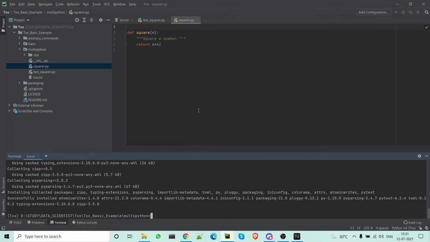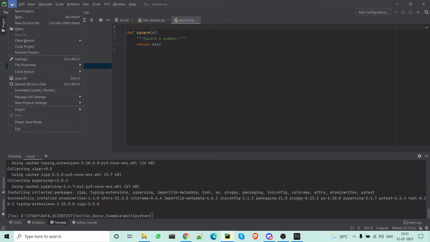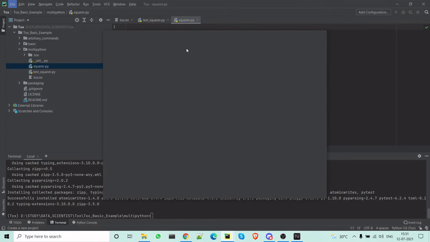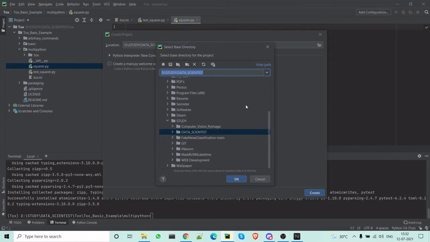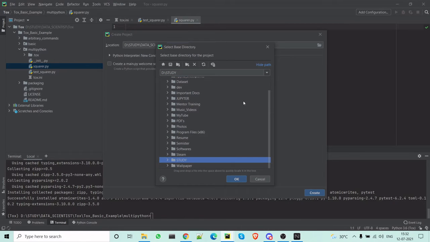So once you install PyCharm on your machine, you will get some kind of window, right? I will show you. So basically you will get this kind of window. Once you have your PyCharm installed, you go to new project. On new project it will ask you to create a folder, right? Your folder is basically your project and your virtual environment.